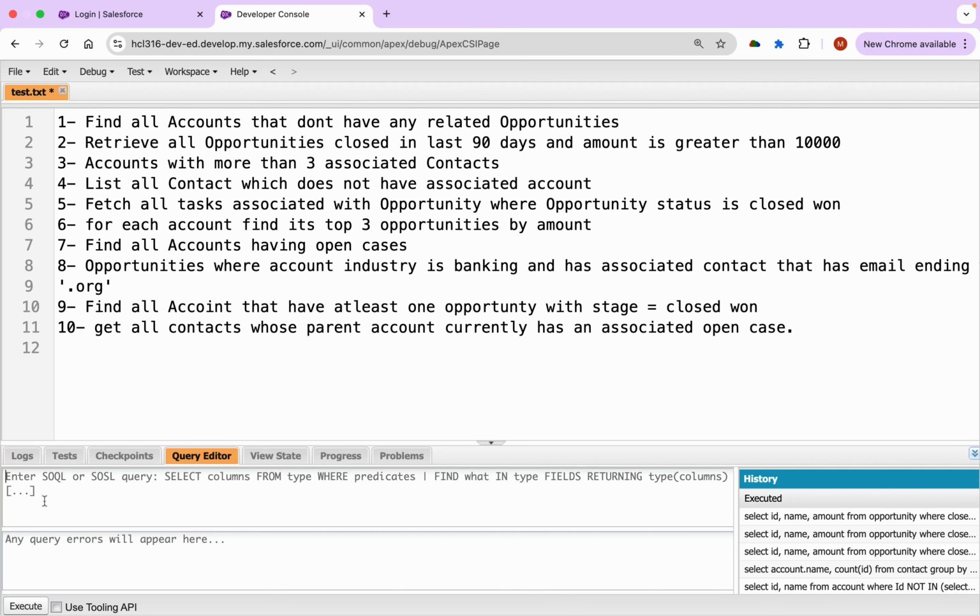We have to fetch account, so we will write the SOQL query on the account object. All right, we'll be using the query editor, so select Id, Name from Account, and then in the where clause we have to make sure that we fetch the accounts which do not have any related opportunities. All right, so I will first write it down and then I will explain it. So where Id not in,